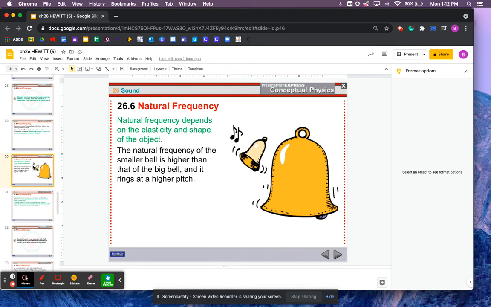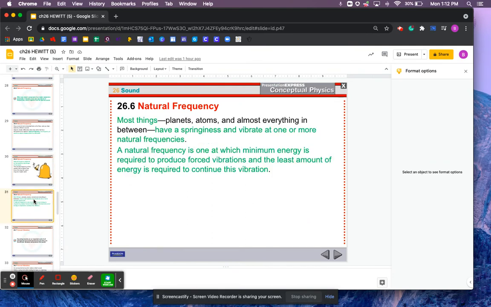Right now, if you hit the table, it's going to sound different than if you hit maybe your bed, or maybe if you hit the wall, right? They all have different sounds that they make. That's their natural frequency because those atoms vibrate at their own rate. Now, the natural frequency actually depends not just on the elasticity of the object, but the shape of the object as well. Think of bells. They're all made of the same material, but depending on the size of the bell, it can have a different noise, right? It can have a higher pitch or a lower pitch. So not just the shape, but the elasticity, the material it's made out of.